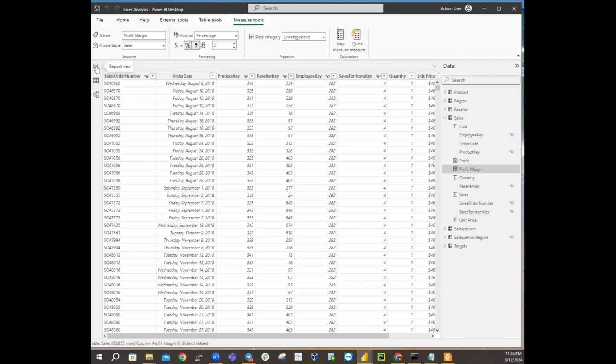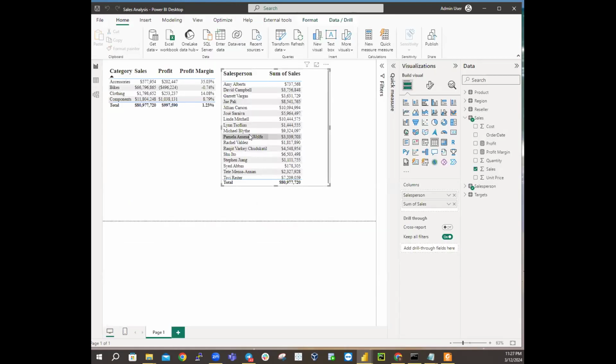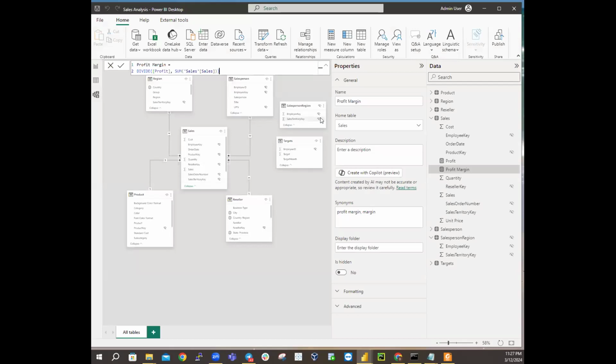Sorry, report view. Okay. So see your Michael Blight, 9 million. Take note of that. Switch to model view. Then drag the salesperson region table to position between region and salesperson table. Let's go to model view. You know, we don't make use of our salesperson region. So drag this table in between region